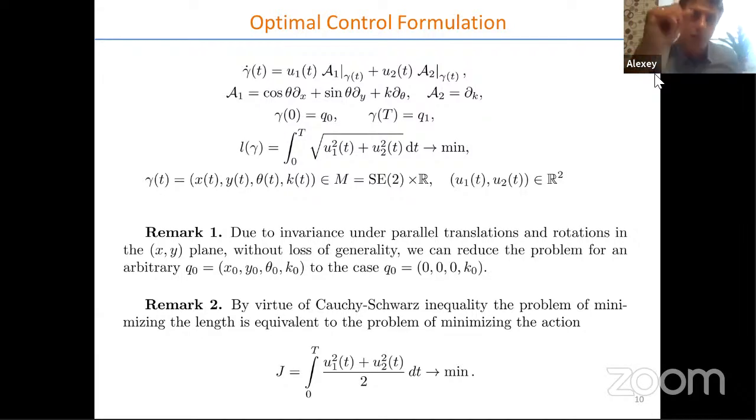But when we consider the four-dimensional system, we let theta dot equal k, but we now control by k dot, by theta double dot. So we control by the derivative of curvature. So it's kind of higher order. Yeah, so your cost is something like the derivative of your curvature. Yes, how quickly the curvature changes.